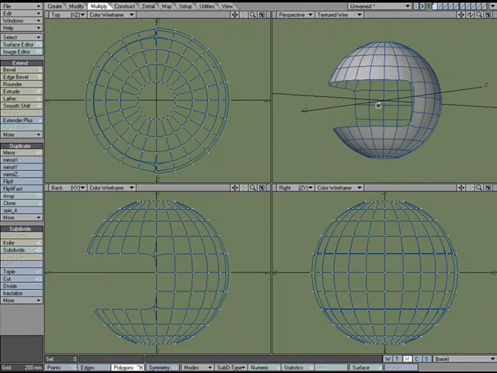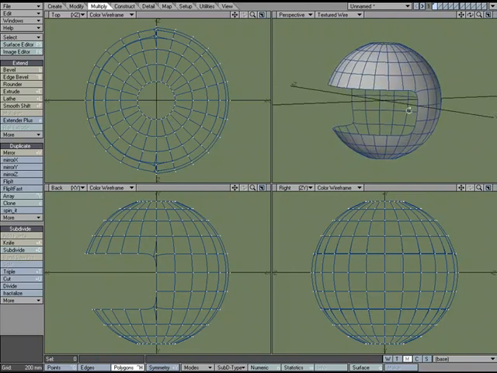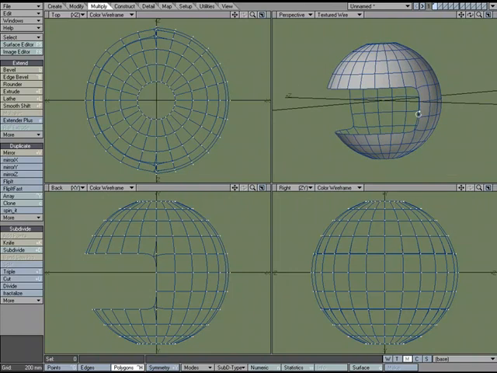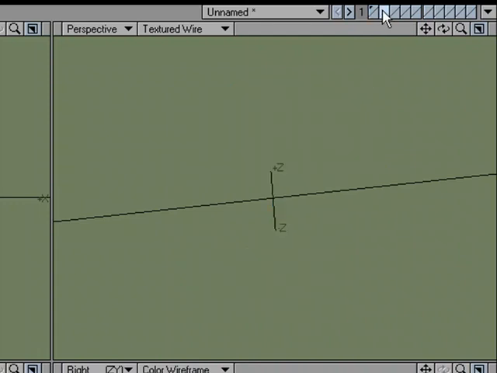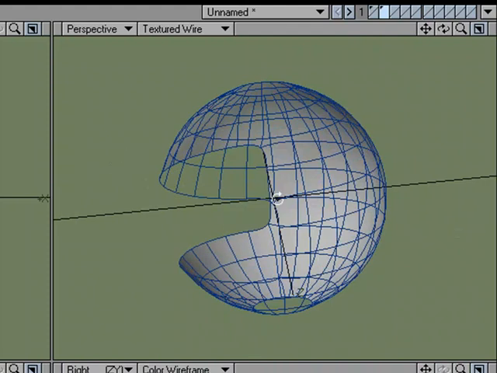If you have a model that is single-sided and has no thickness to it, but you're looking to add some thickness to it, there's a few ways that we can go about doing it, and I thought we could take a look at a couple different ways so that we have some options to work with. So what I'm going to do is this is in layer 1, I'm going to copy and paste it to layer 2. And I'm going to work with one method, which would be to flip the geometry with F for flip,